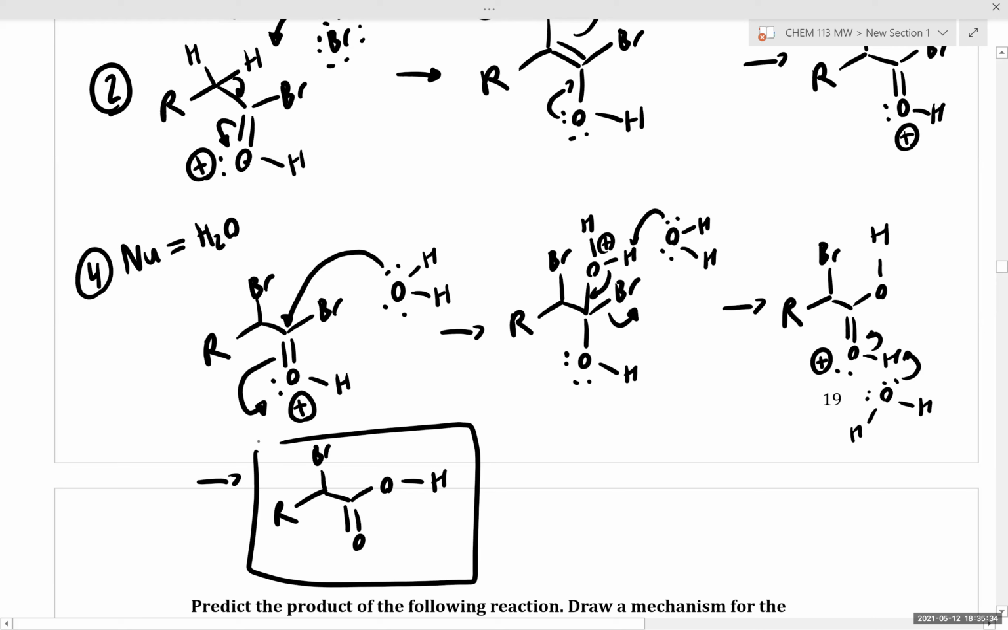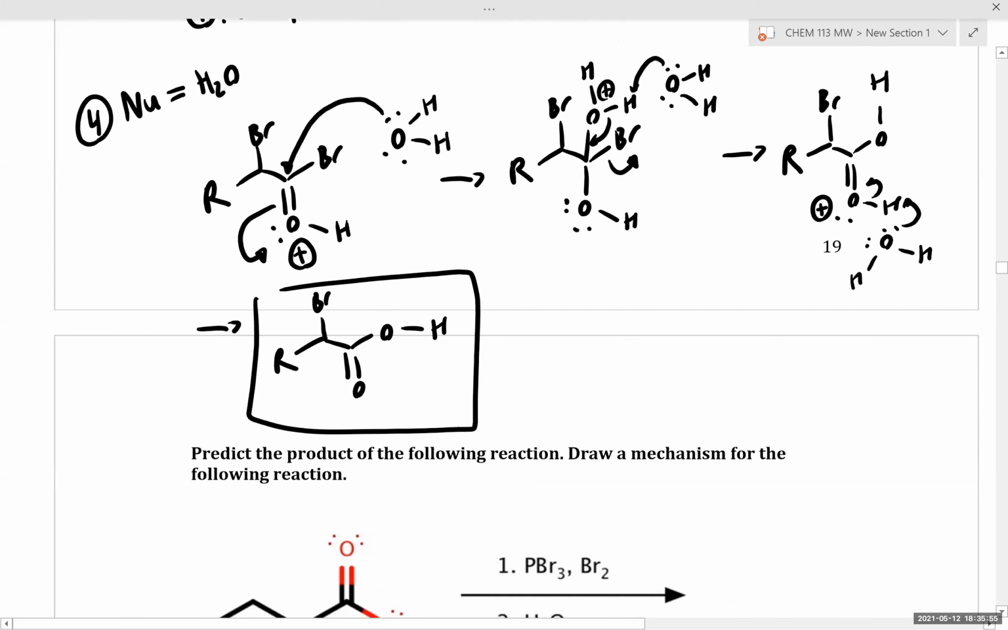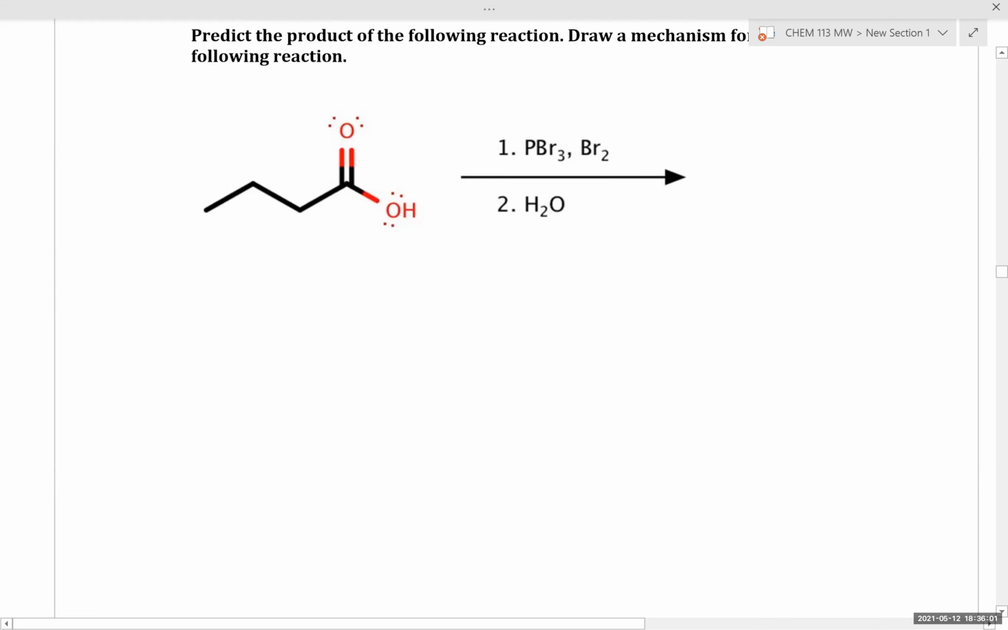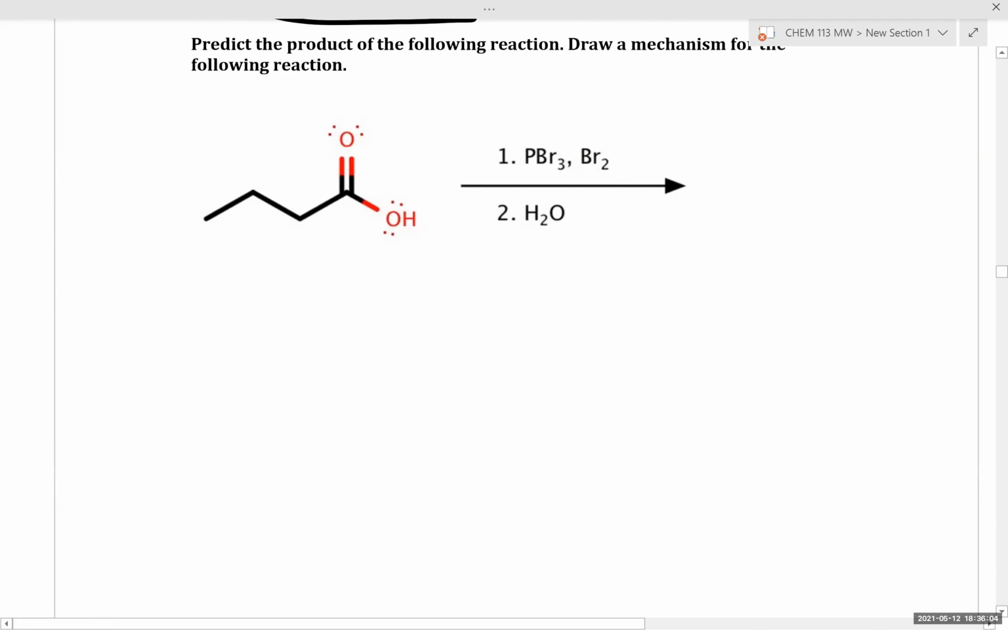Does this mechanism make sense to everyone? Any questions on each mechanistic step for the Hell-Volhard-Zelinsky reaction? Okay then, so let's try to apply what we've learned to the following example. In this case, we're asked to predict the product of the following reaction and draw a mechanism for this reaction. So in this case, we have butanoic acid, and we're treating it with phosphorus tribromide and bromine, followed by